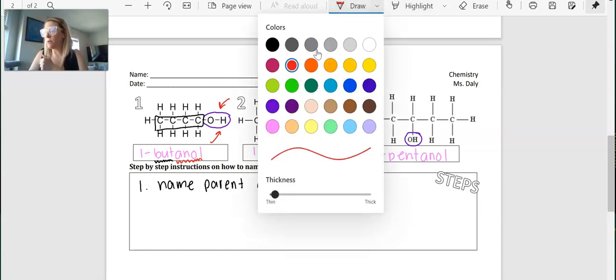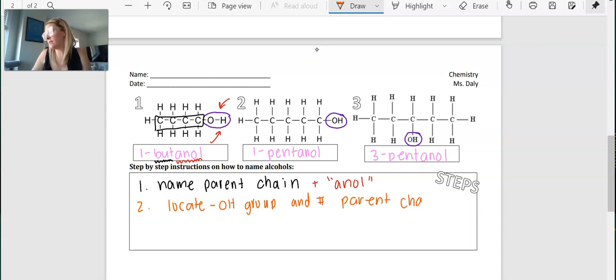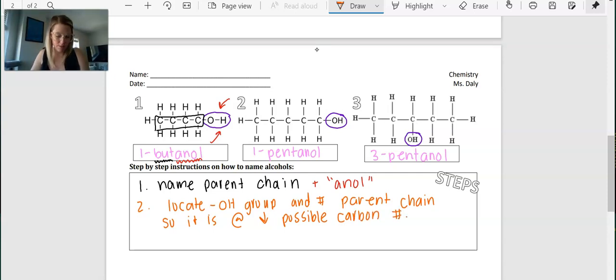And then the last component of this that we need to talk about is the number. So again, number 2 for naming here, we want to locate the OH group and number the parent chain so it is at the lowest possible carbon number. Okay,